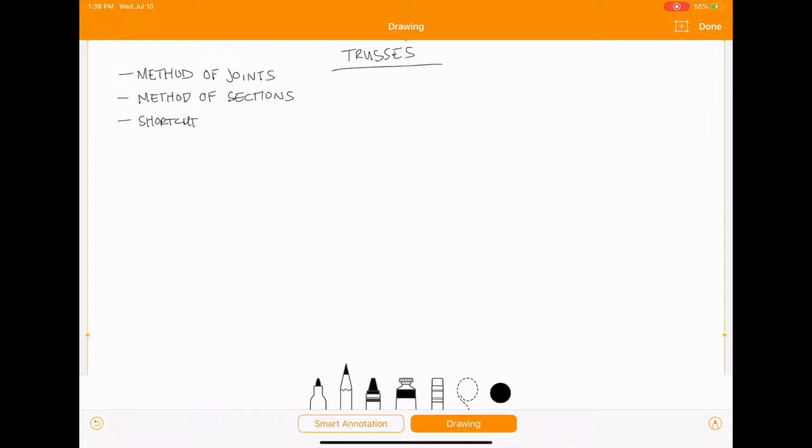Usually, if you're in the statics class, your teacher won't let you use the shortcut because they want you to learn how to do it this way first. However, I'm going to teach you the shortcut because it is a quick way to check to make sure that you've done these correctly, because it's really easy to make little mistakes that you carry all the way through, and it ruins your whole evaluation. All right, so